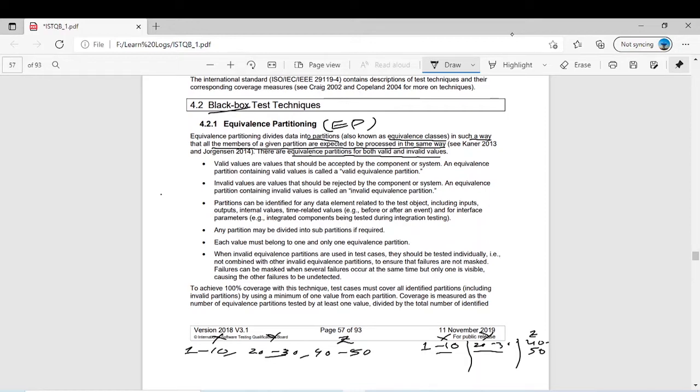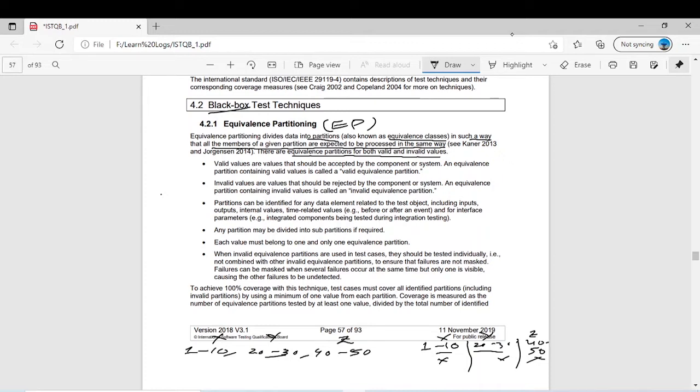So if you have to do the testing, you can take any single value from 1 to 10, like 1, 2, 3, 4, 5, any single value. This value will tell the complete behavior of this particular class. You don't need to test on all the values of the class 1 to 10. Only one. Similarly, for class Y, you can take any value from 20 to 30. It will represent the whole class Y. So two values. Then 40 to 50, again the same behavior. Any value between 40 and 50 will behave in a similar way. You don't need to check the others.